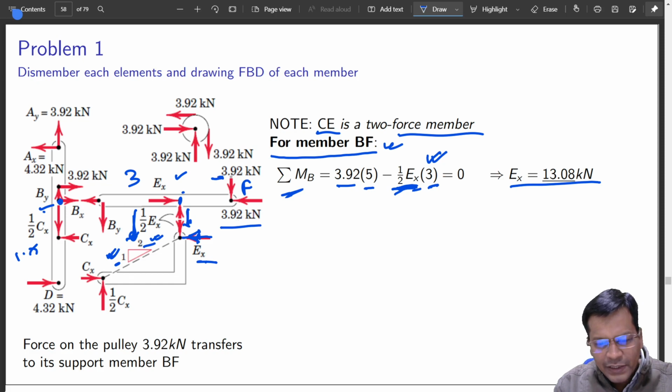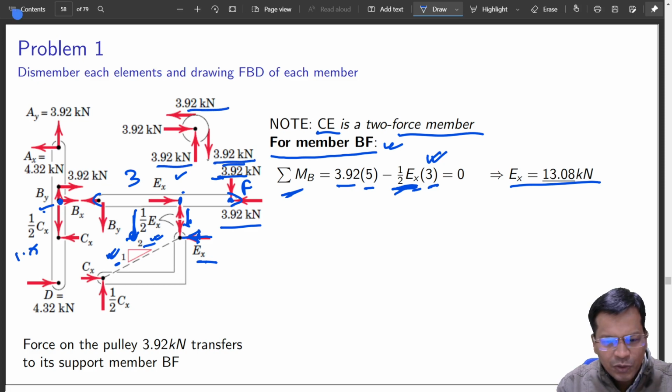On the link exactly this force will come. Whatever is the horizontal force that comes. So in case of link, when you have created an isolated body from here to here, yes, this is the balance equation that we have taken. So this should balance this. So that is the reason this force is the same as 3.92. So 3.92 goes here. This is an isolated figure. So this is the first isolation. This is the second one.